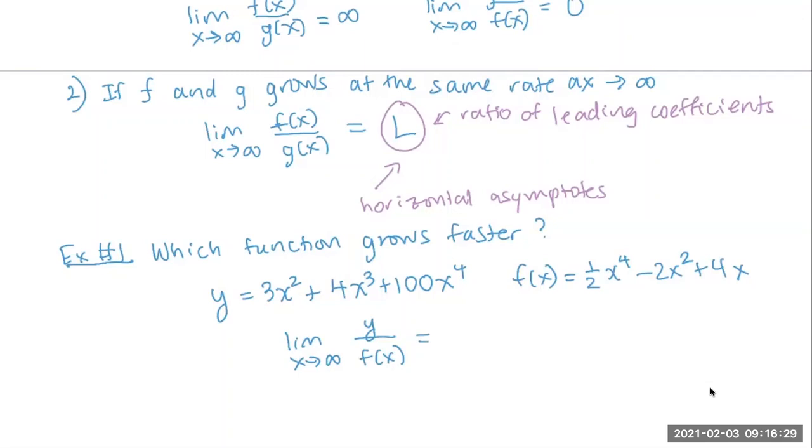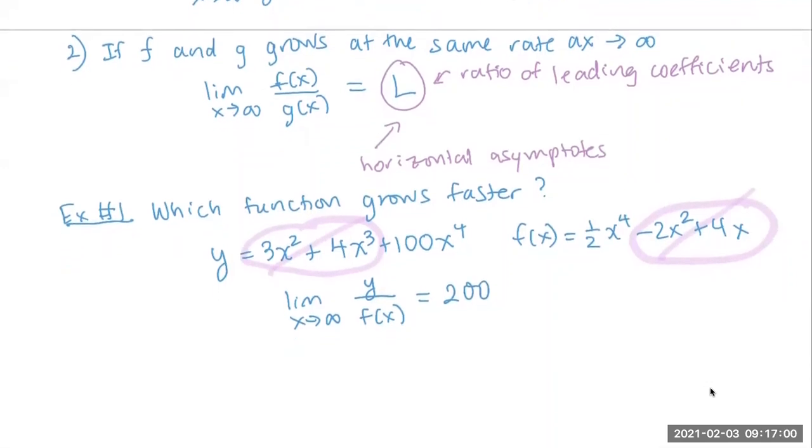And so when you make a comparison, by the way, I'll circle it and just cross it off in your ratio. These are what we call negligible as we go out to infinity. They're not going to control what happens. So think of that as them dropping away, and you're really just comparing 100x to the fourth over 1/2 x to the fourth. So you get a value, and even though that value seems large, it's still just a constant. So that's why you end up with just 200 as your